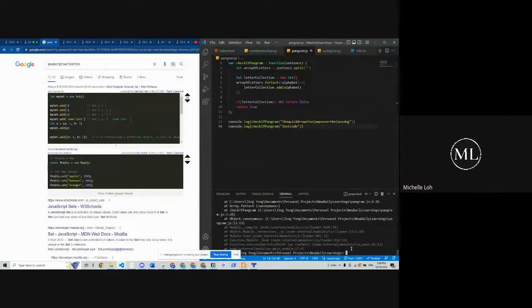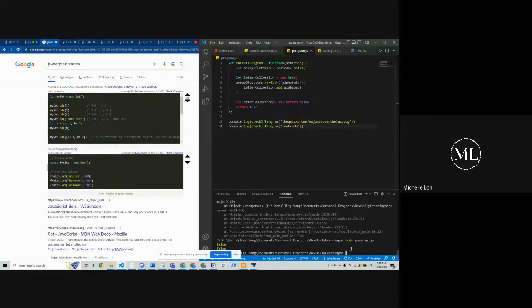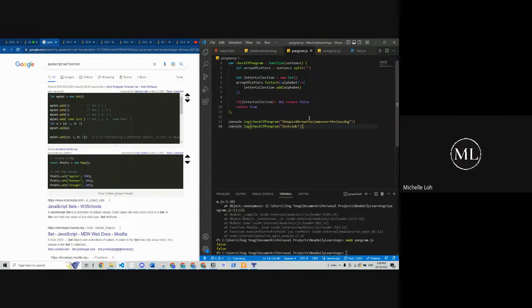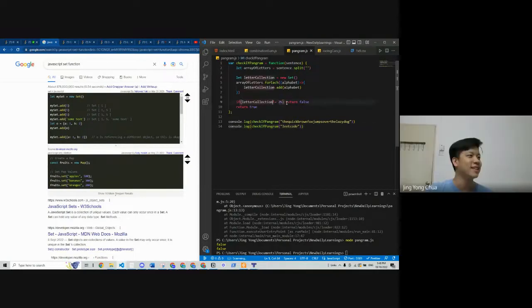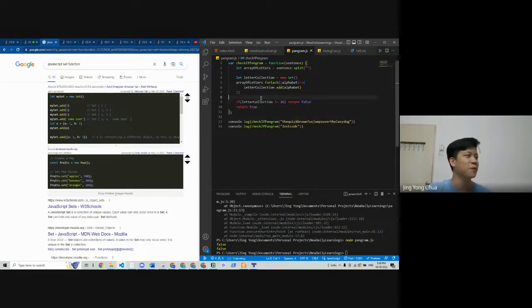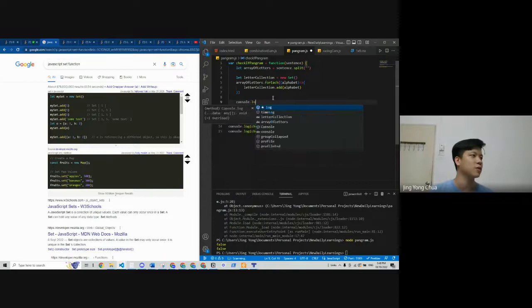I go and check the solution, the discussion, and I see something about set. Because I remember for Python they have something called, I go and check whether. Console log.